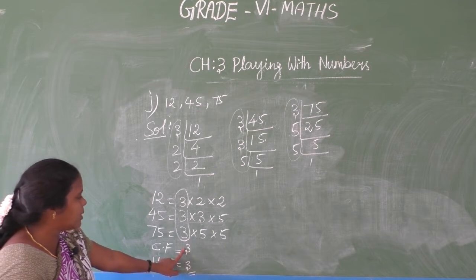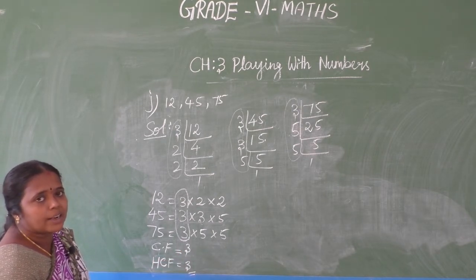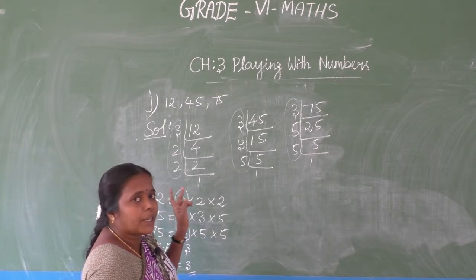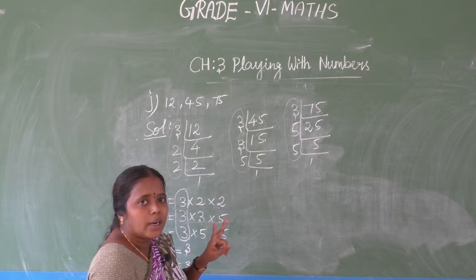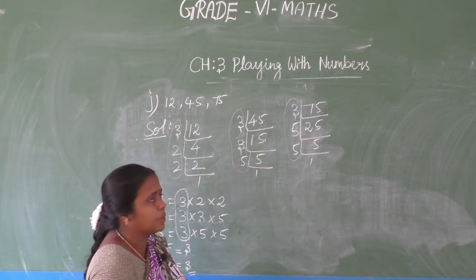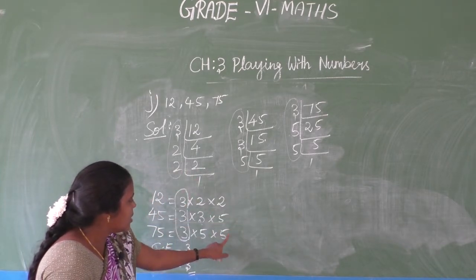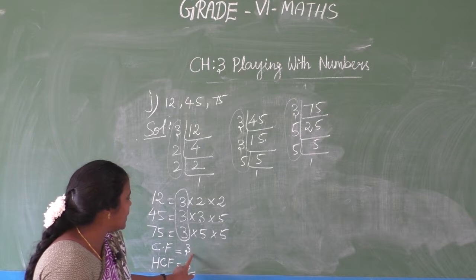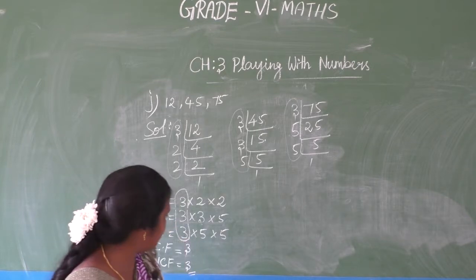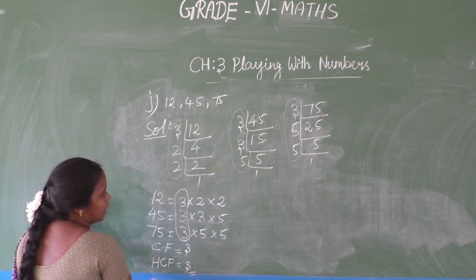Clear? Only one number is there, take and write that also as the final answer. See what I did after this. Previously, with 2 numbers, I told how to take the HCF. Here with 3 numbers, this is the procedure. Suppose one more number is coming, then those numbers are to be multiplied and entered. Clear children? So the answer for these 3 numbers is 3 only.